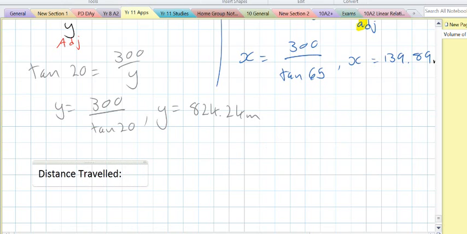Our distance travelled is going to be equal to the y, take the x,